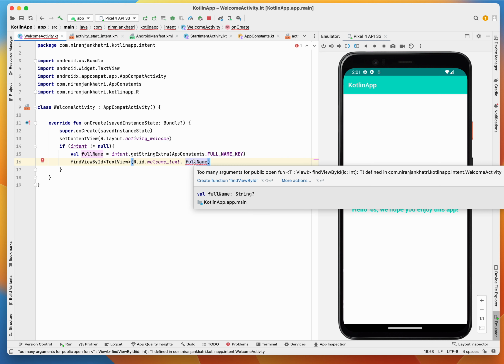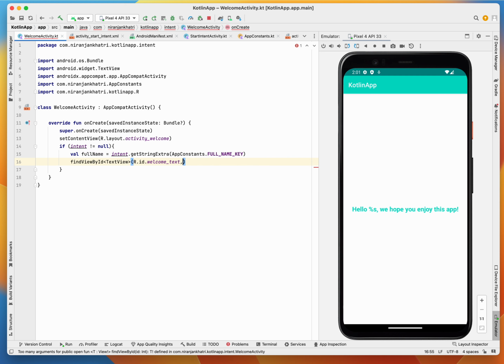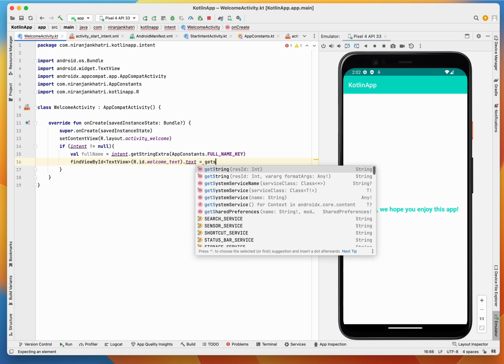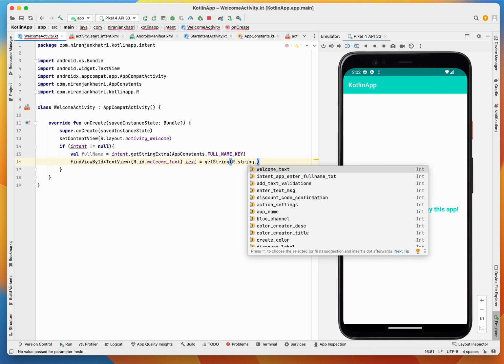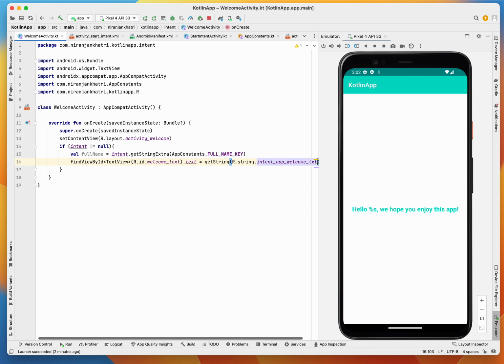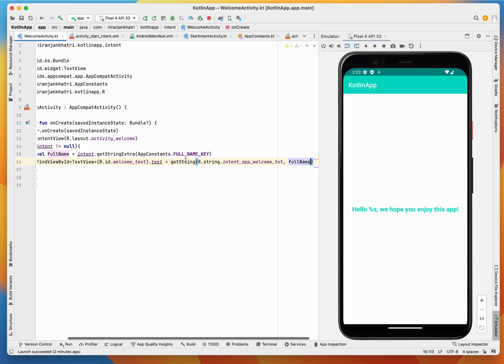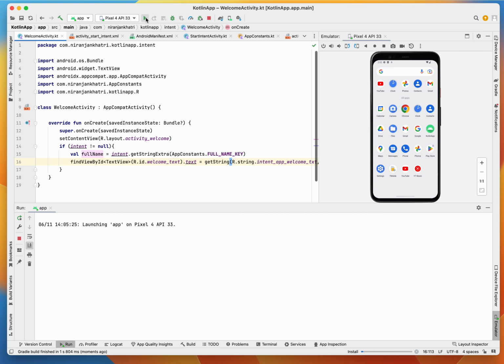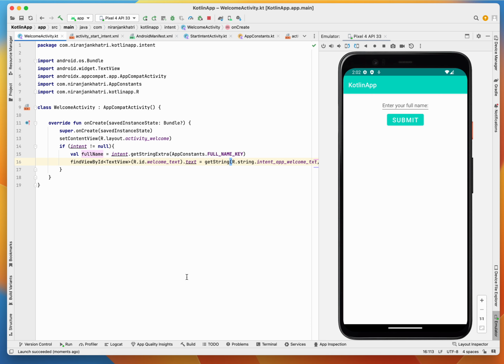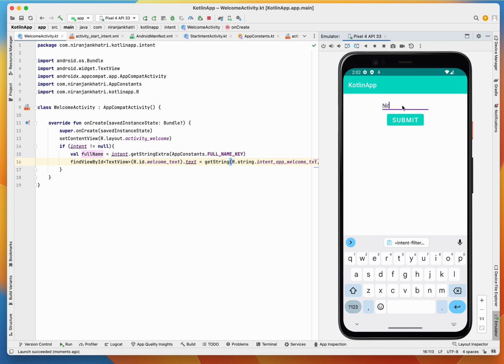The text gets the string, welcome text and full name. Okay, so we are good to go, and let's rerun our application, and let's enter our name,